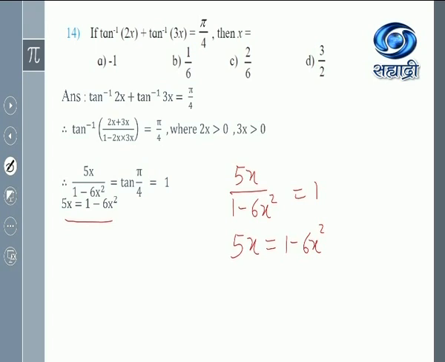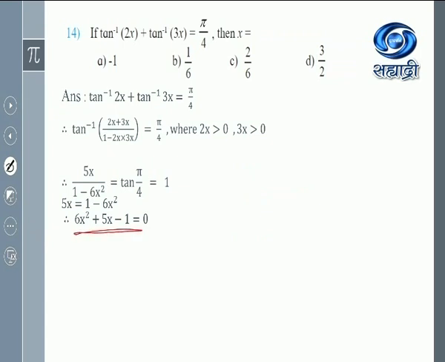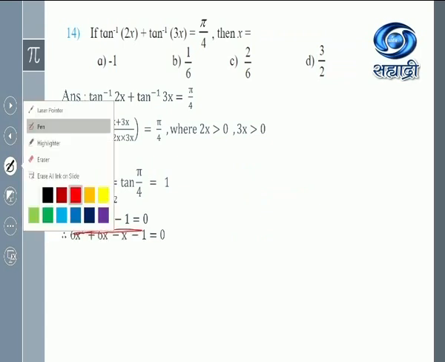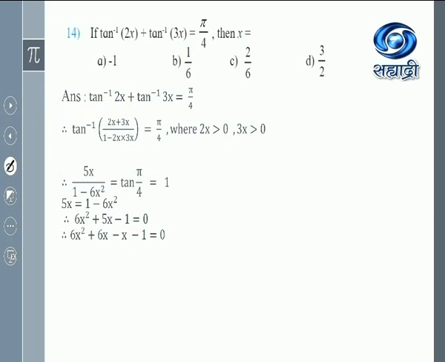Okay, now this is a quadratic equation. You will get two factors. What are those? Quadratic equation, you know how to find the solution or how to find the factors. So this equation, we find the factors. 6x square plus 6x minus x minus 1 equal to 0. We split this 5x as 6x minus x. We can take 6 common from, see, this equation. We take 6 common from the first two terms, or 6x we take common. I'll show you. 6x, this equation we are solving.